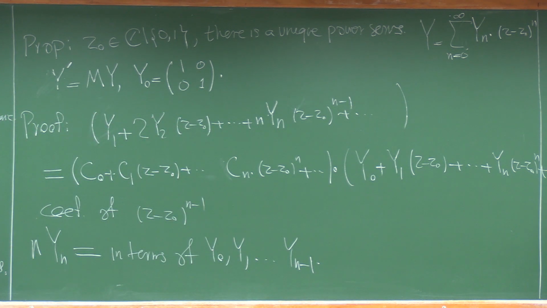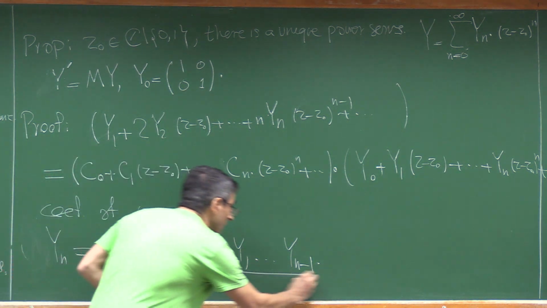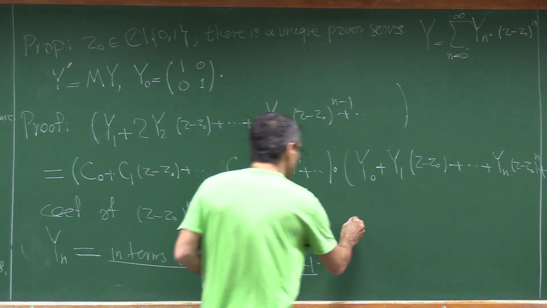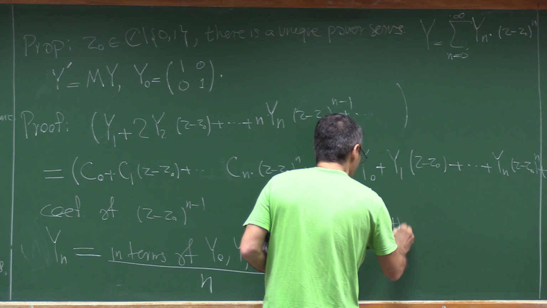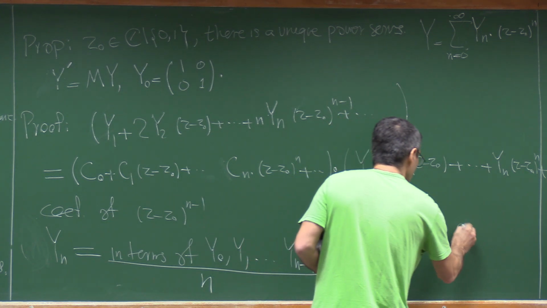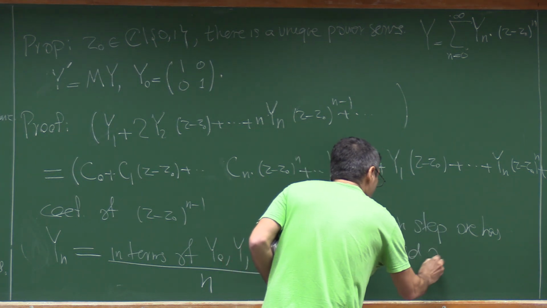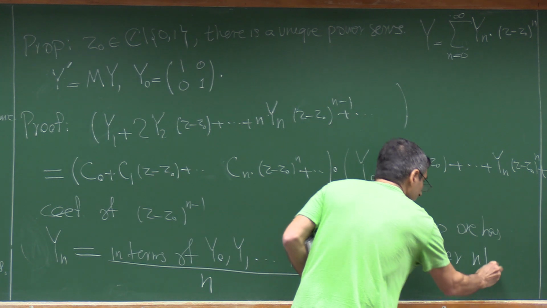And why I reproduced everything here is exactly because of this n. Once you want to compute yn, you have to divide over n. And at the end of the day, if you put it in the computer and work everything out, in the nth step, one has divided over n factorial.